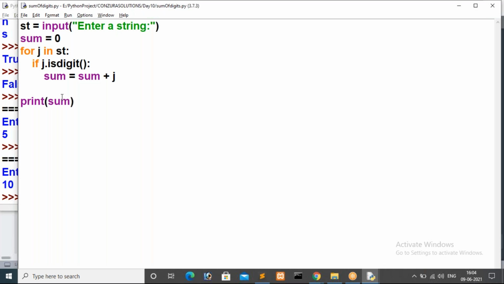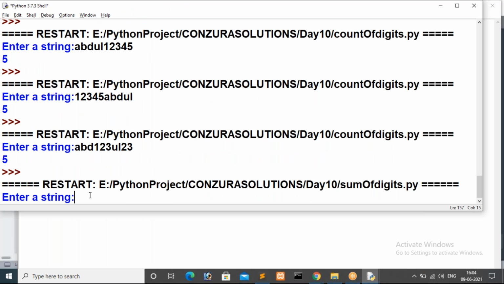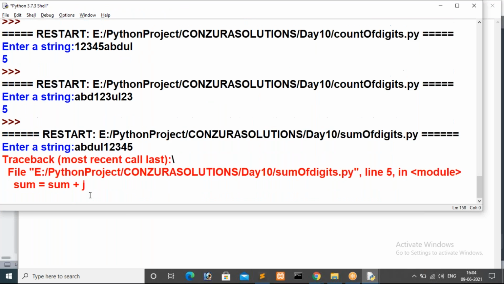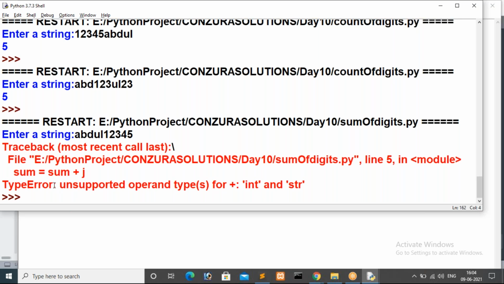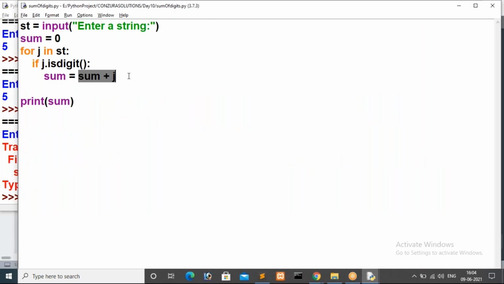Now let's observe what will happen. I'm running it. Here I'm giving 1 2 3 4 5. So what's happening, guys? What is the type error here? Unsupported operand type(s) for plus: int and str. That means the addition operation can't be supported between integer and string.